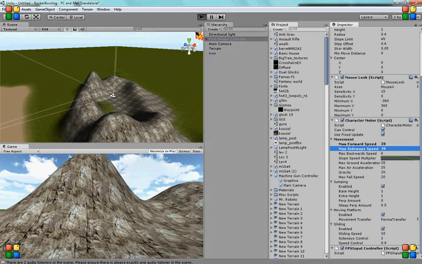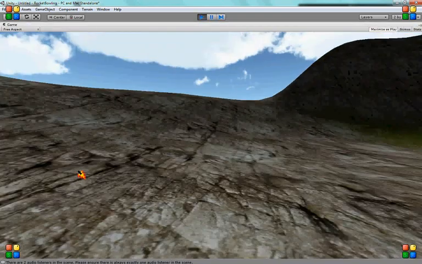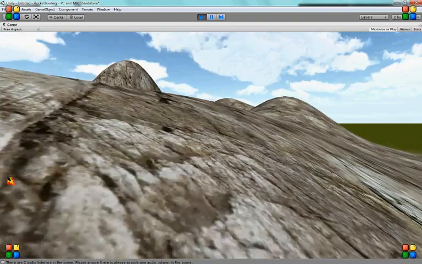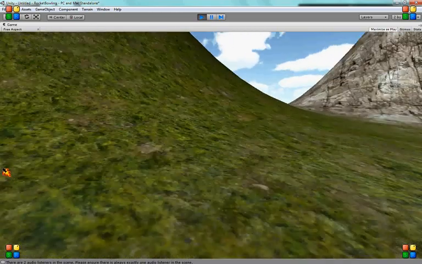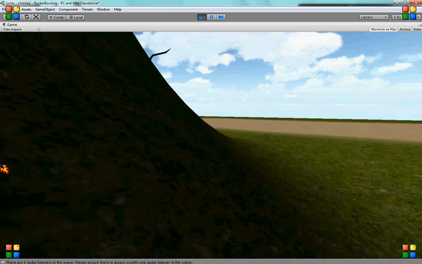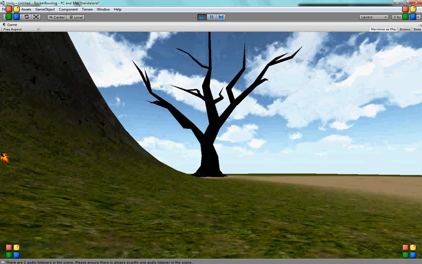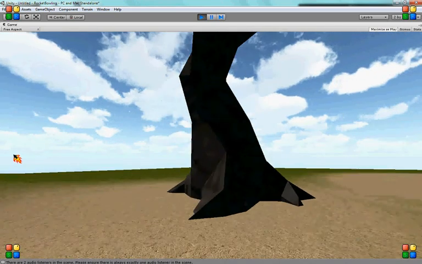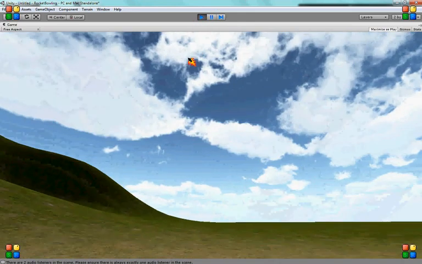Okay, so now I've got it going a little bit faster. It's probably going to be really fast now. Oh yeah, much better. Of course, now it's kind of laggy. And the tree isn't over there, I forgot. And then here we find our huge tree, which looks pretty cool. So, and then once we want to stop it, we can either select that play button or press